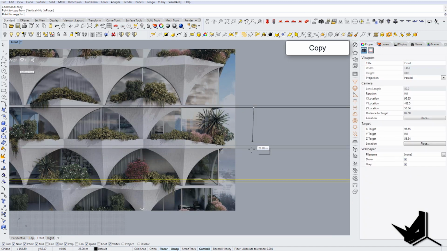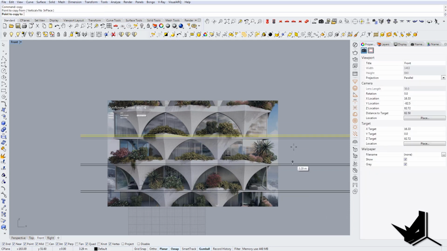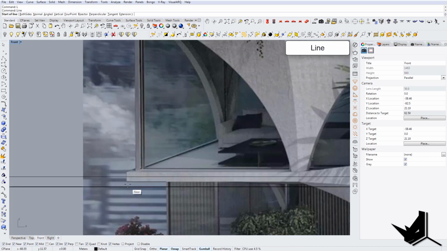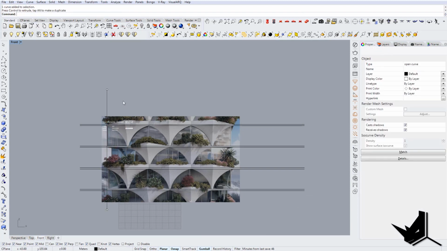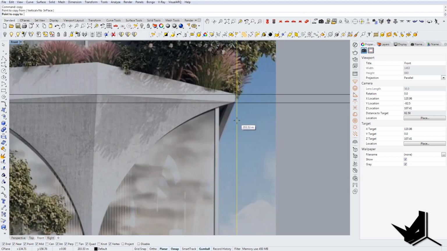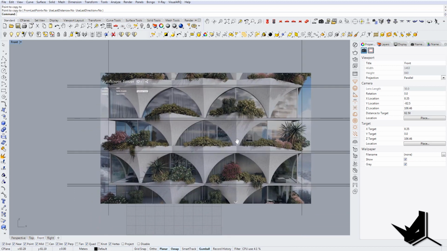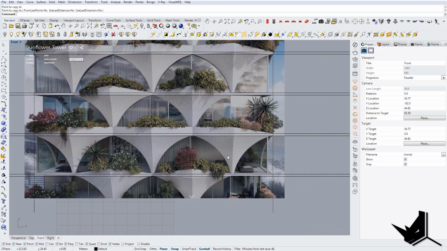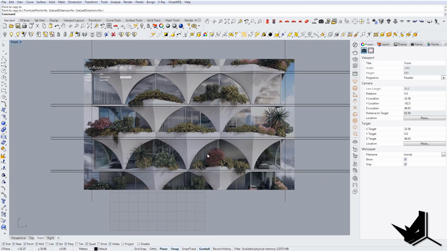So let's say that this is the height for the floor height. And now once we have that grid, we can also put here like the ending of the building to know the extent how long the building will be. And once we have this, let's see what else we can do. Let's create some of these windows and these modules. So as you can see here, we have 1, 2, 3, 4, 5, 6 of these module-like